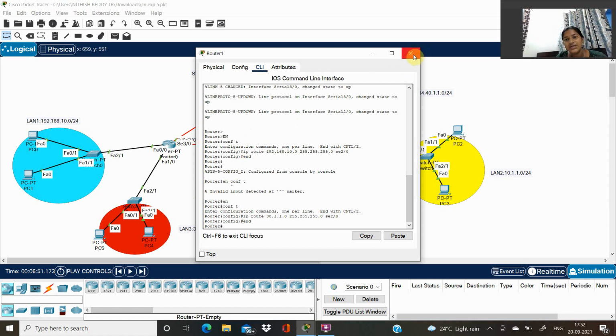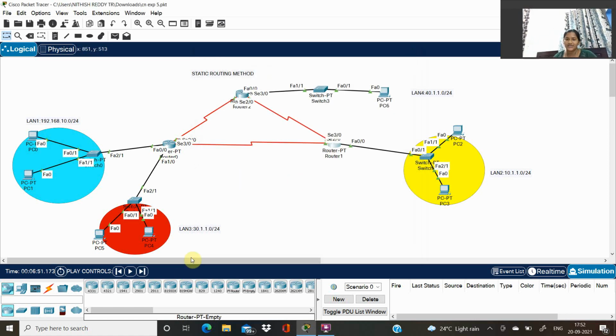Now let's ping from LAN 3 to LAN 2 by pinging PC4 to PC2.